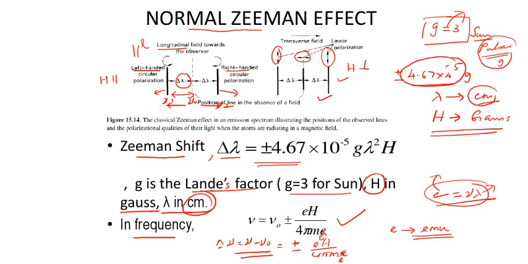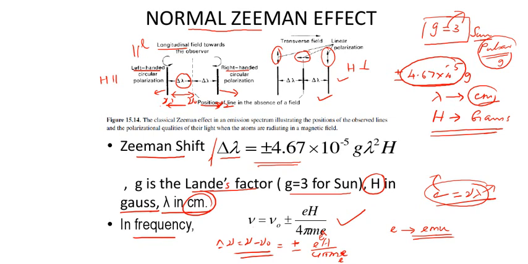Okay, it's not the SI unit, it's not in coulombs. It should be in electromagnetic units, right? So I suggest that you use this equation, remembering these two facts. So that's about the normal Zeeman effect and how we measure it. And finally, before we end the discussion of the Zeeman effect, let's see the diagram that is given in